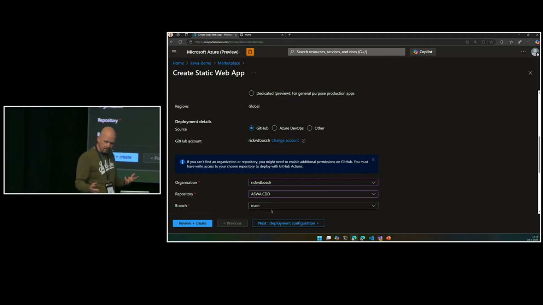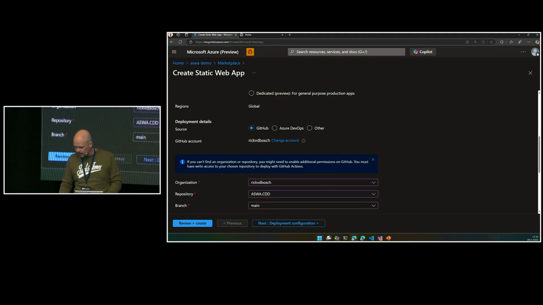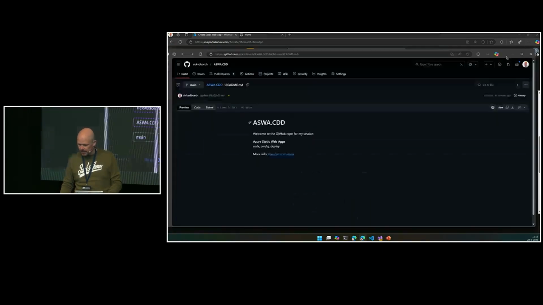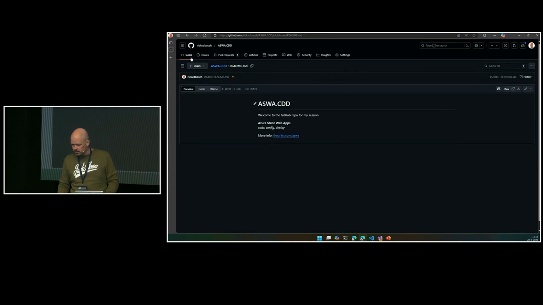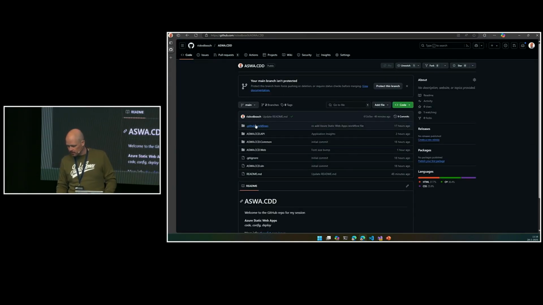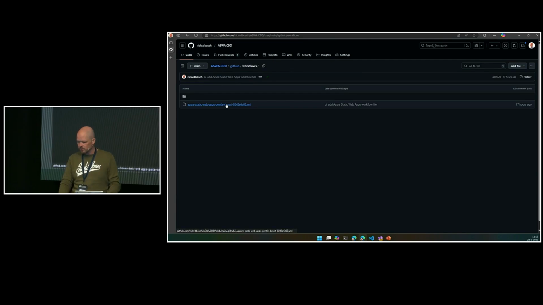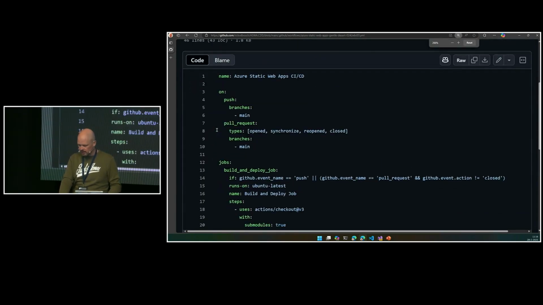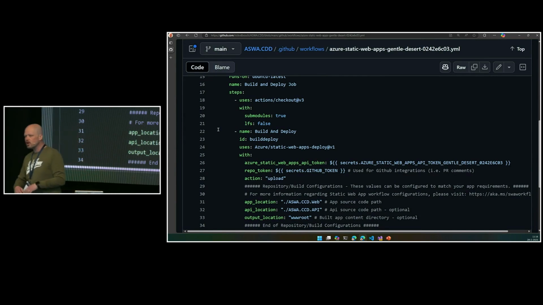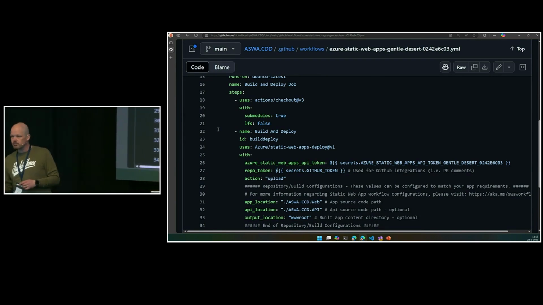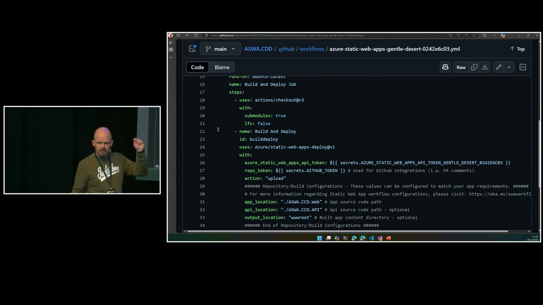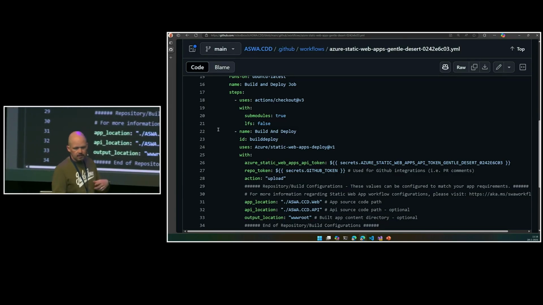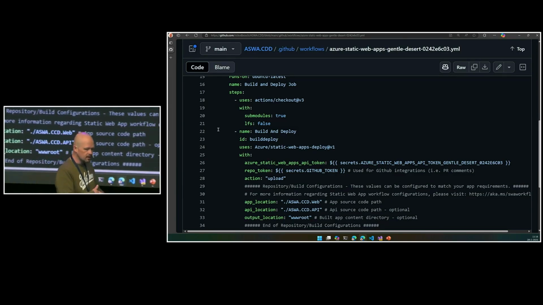And then what happens in the back end, get that second screen up there as well. What happens in the back end is, this is the GitHub repo that we were just looking at. I'll go to Code, and I'll go Workflow and open this one up. I'm not going to go into this in too much detail, but I do want to highlight a couple of things. This is all automatically created for you. So secret management was automated for you. It put this in the GitHub repo, and then it automatically said, well, let's just get the secret from that